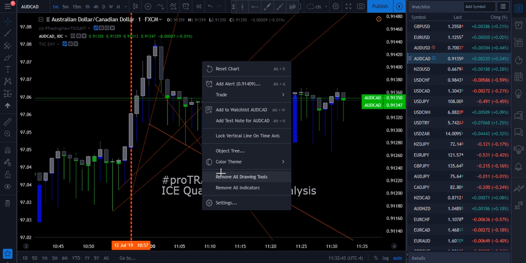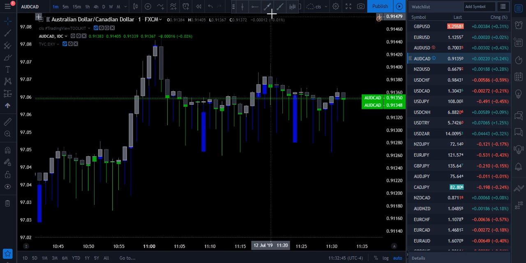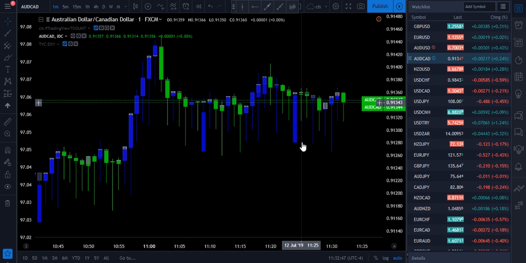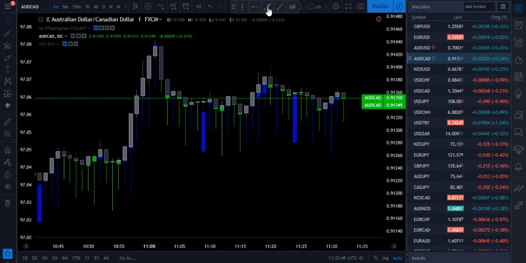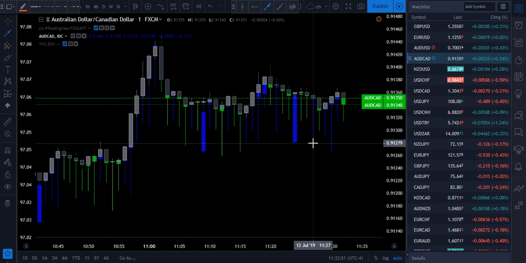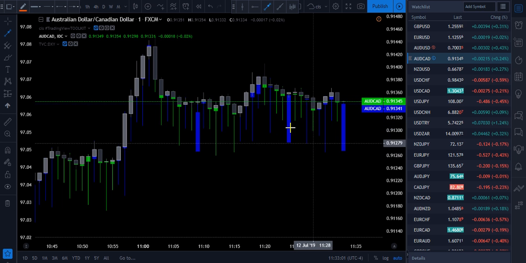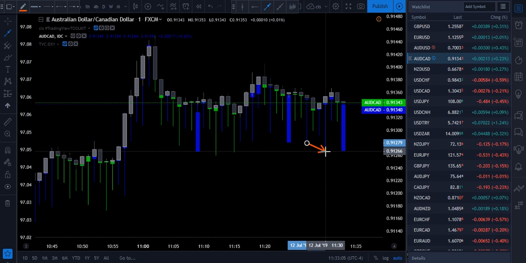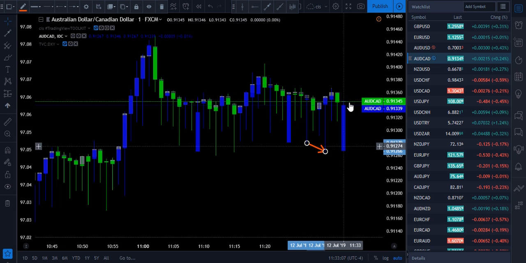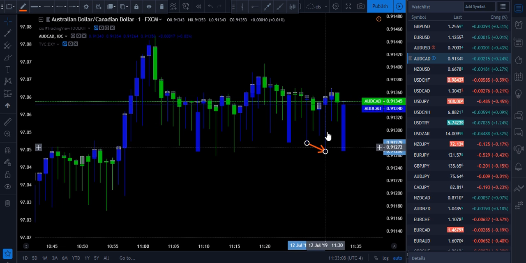I'm going to remove everything that I've drawn on there, and I'm just going to look at the current market conditions. So here, I'll use arrows so that you can see where we're directionally trading this. This is a lower peak low here. We had a higher low there, and then we had a lower peak low than our previous peak low, and that's a signal down. And then you can see we have another lower peak low. All right? And then we had a higher low,